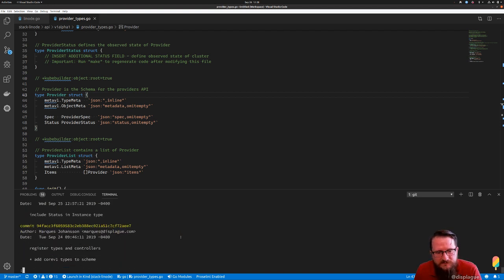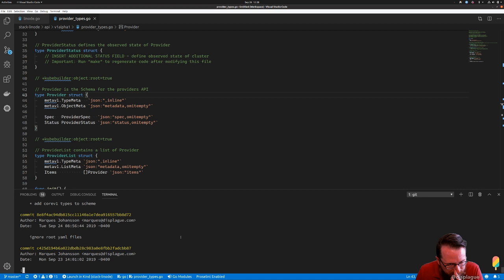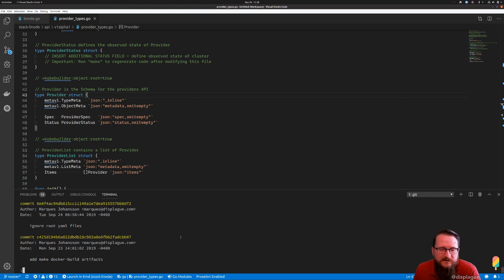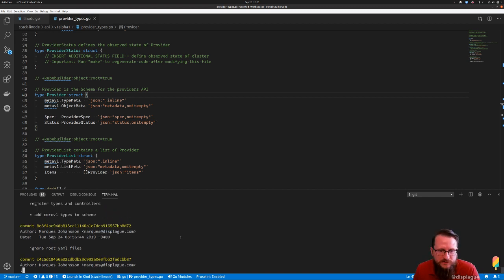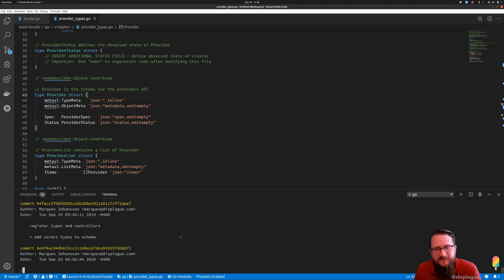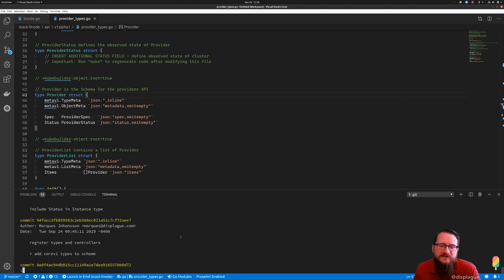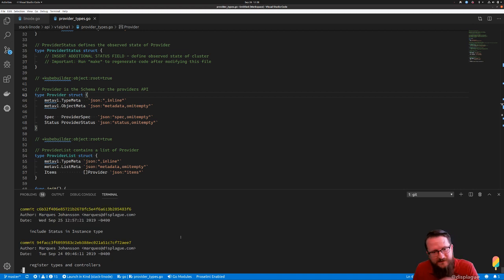So what we'll have done is we'll have added a Linode instance type, and we'll have created a controller for it. And then we'll plop into that controller all of the things that Crossplane runtime expects to have, which are documented in that page. But if you're doing a play-by-play of my commits, and I hope they clean up these commits